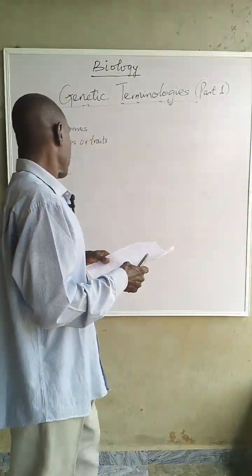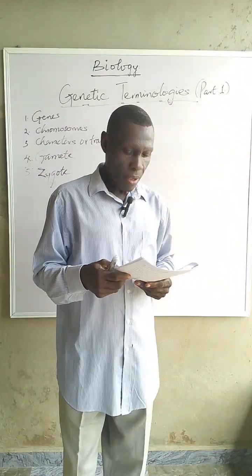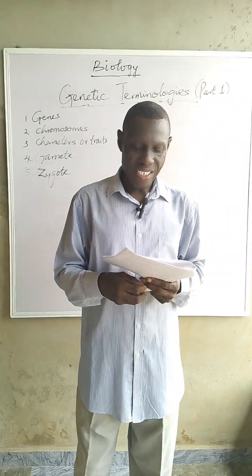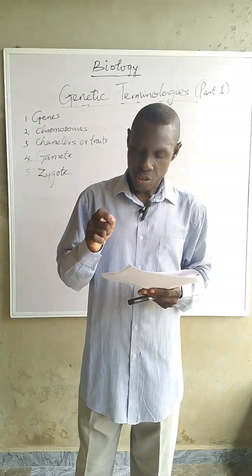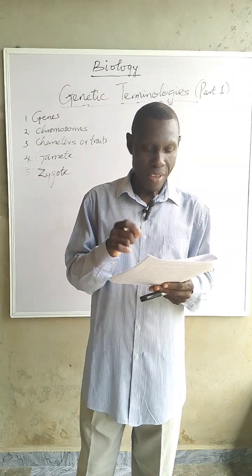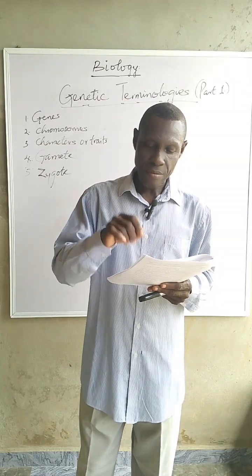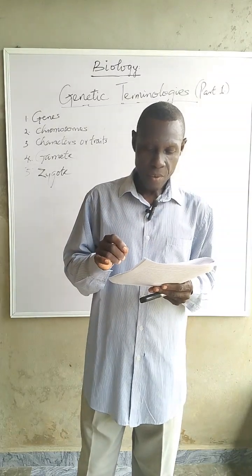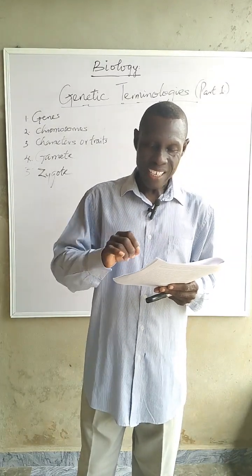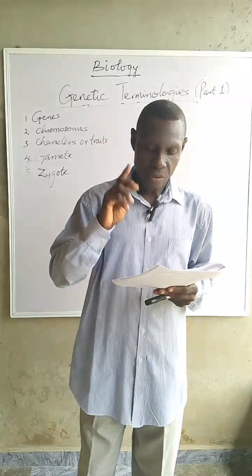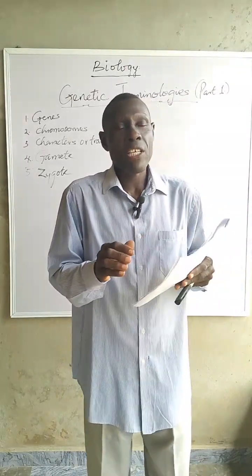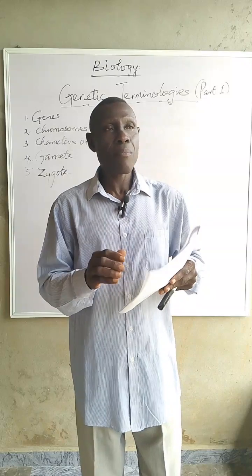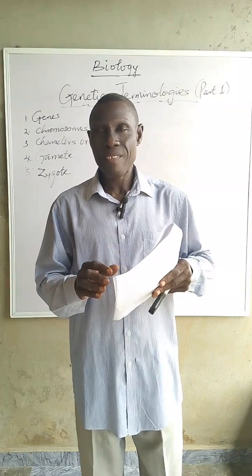Then number five is zygote. Zygote is a single cell formed as a result of the union of the male gamete and that of the female gamete. So zygote is usually what? A diploid. When is it diploid? 2n. So now we are saying that when a sexually matured man and a sexually matured woman have intercourse